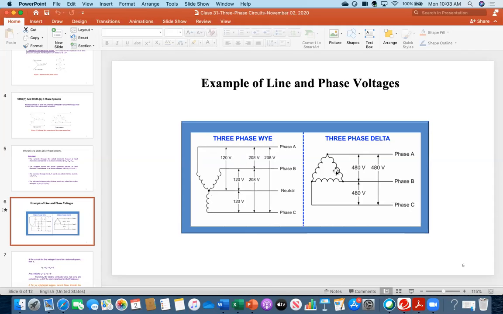But in this structure, the example of 3-phase delta, this is A phase, this is B phase, this is C phase. Is there any common point among all 3 phases? No. You can say there is a common point between 2 phases here, but there is no common point among all 3 phases. That's why in case of 3-phase delta, there is no neutral line. So everybody from today keep in mind, the neutral line is only for the Y connected system at the common point.